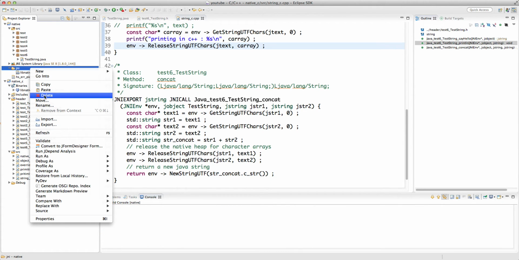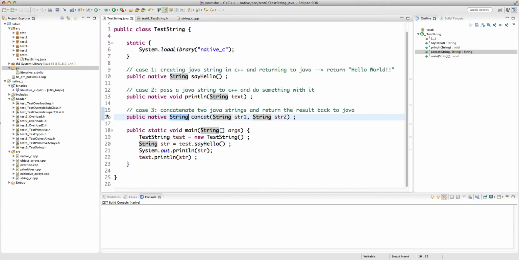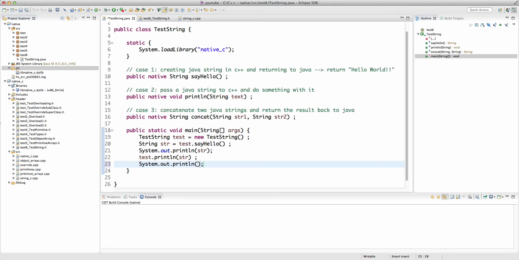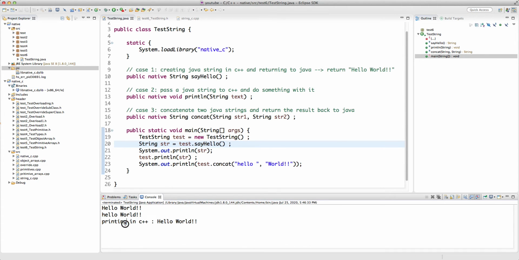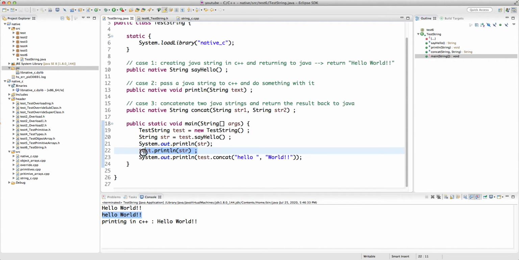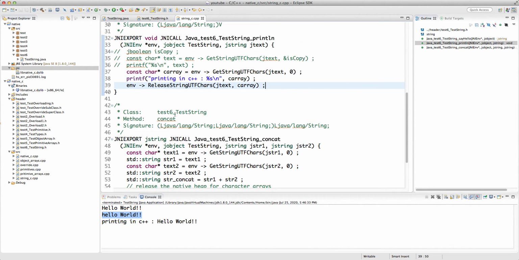Let's copy and paste the dynamic library to Java, and I'm going to say sysout test.concat, hello with a space, and then world with 2 exclamation marks. So let's see if this works. And this works, printing. Okay, so it's this one. So you see what happens here? We have this print line, which prints to the console from the native code